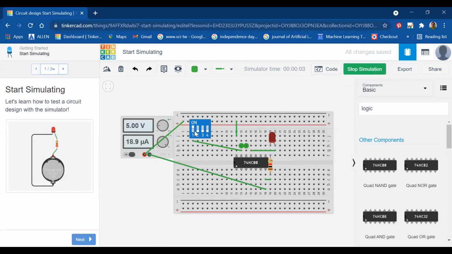Let me make it low now, and you can see here that it is 0 when the white portion of the switch is in the downward direction. So when I make it like this, it is on. You can see from here also. So that means when I make it high, for logic 1 it is giving me output 0, the LED is not glowing, and here when we are giving it a logic 0, it is giving me a high output. So this is the NOT gate designed using a NAND gate. Now let's go on to the next gate design.